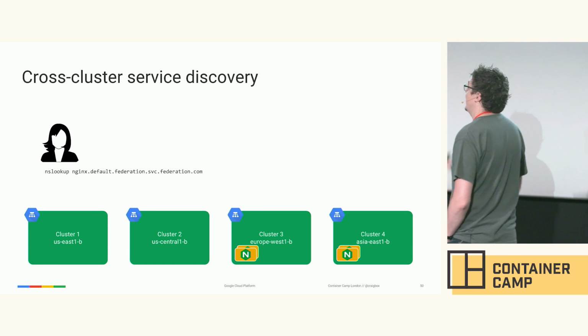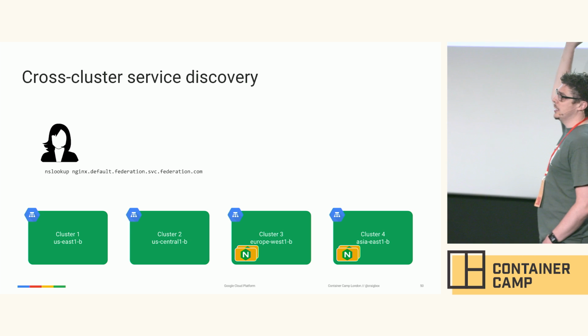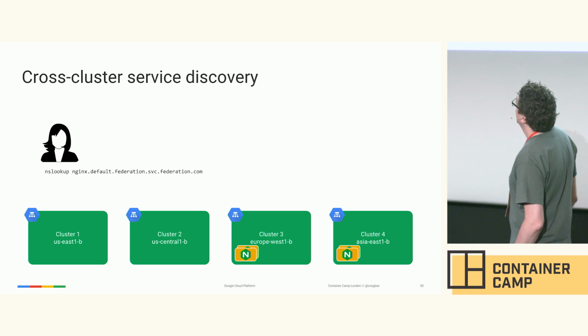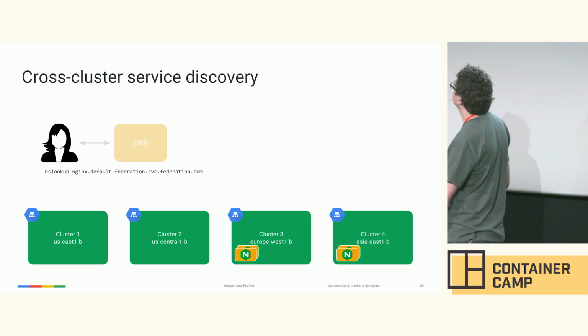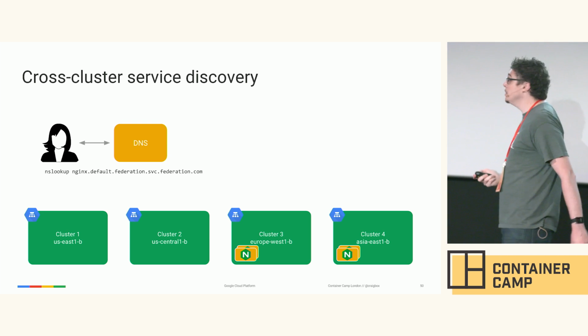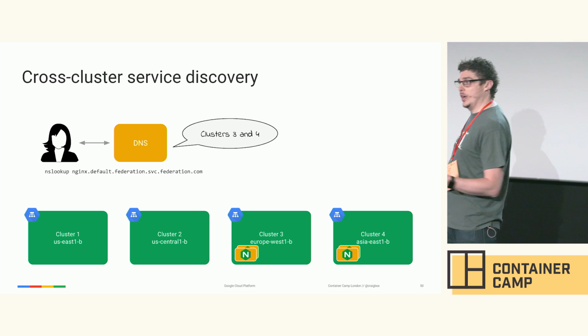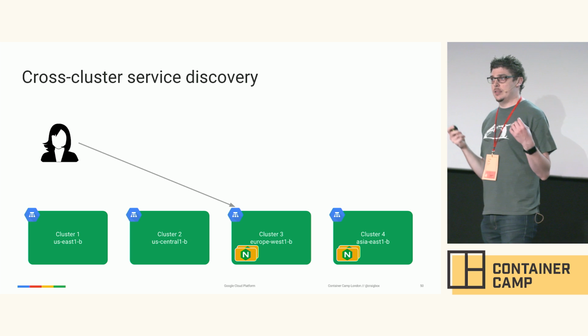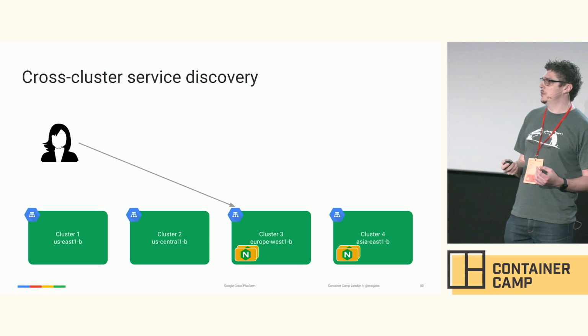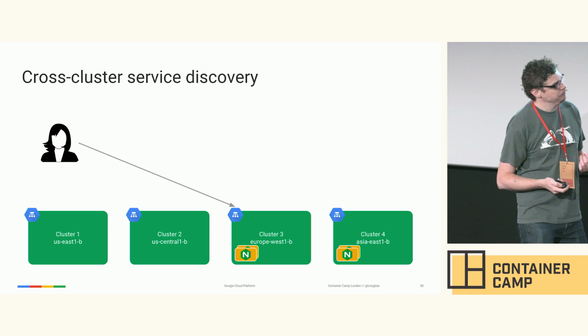Let's say that we've packed them like this, and we have work running here in 2 clusters, 2 pods in each. So the user is going to look up where the service is running. So they'll make a call out to DNS. DNS will say it's running on clusters 3 and 4. The user says, thank you, that's great. And then their client application picks one of those values and connects to it.